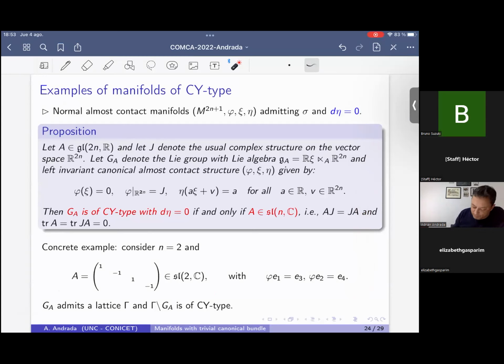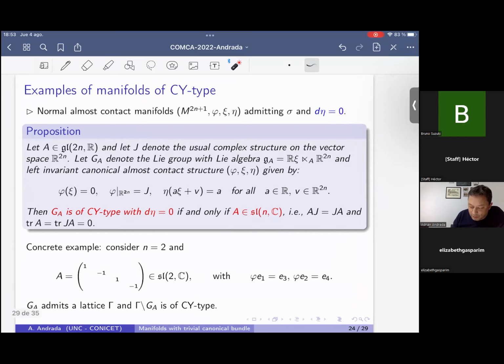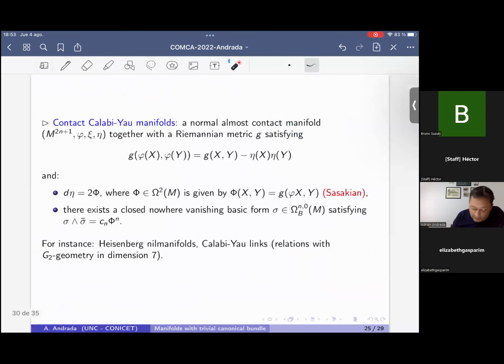We can produce many examples of this with Lie groups, and we can find lattices. So we have compact examples of these manifolds. I will not go into that. But here we have also the contact Calabi-Yau manifolds that Enrique talked about recently in the other talk. We recall a contact Calabi-Yau manifold is a normal almost contact manifold together with a compatible Riemannian metric satisfying this condition,